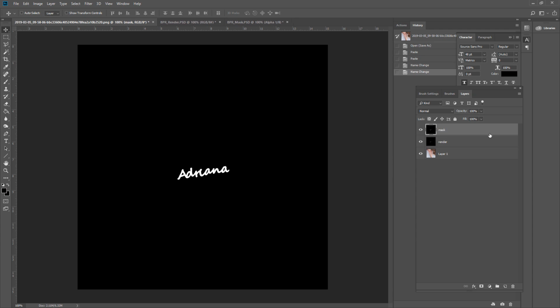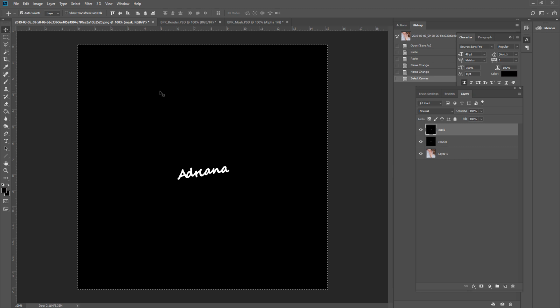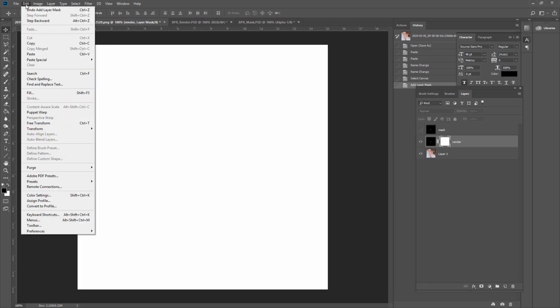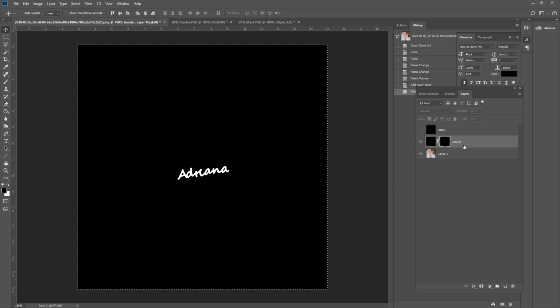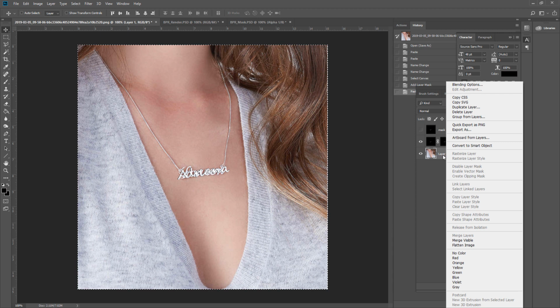Okay, now I'm going to select all, this mask layer, I'm going to copy it, Control C on the keyboard, or edit, copy, come down to this one, create a new masked layer there, press the Alt key and click on this white, and then go to edit and paste. Now if I click back in here, that will be removed. So now I can come in here, right hand click and duplicate this,